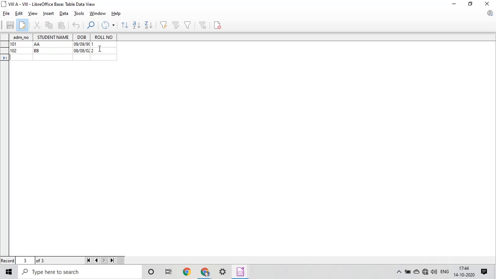Now you all know what is a field type and how to design a table, how to enter data in a table, and how to set primary key in a table. You just have to keep in mind that primary key is a unique value given to a field, right? You cannot enter same value in that field which is assigned as primary key.